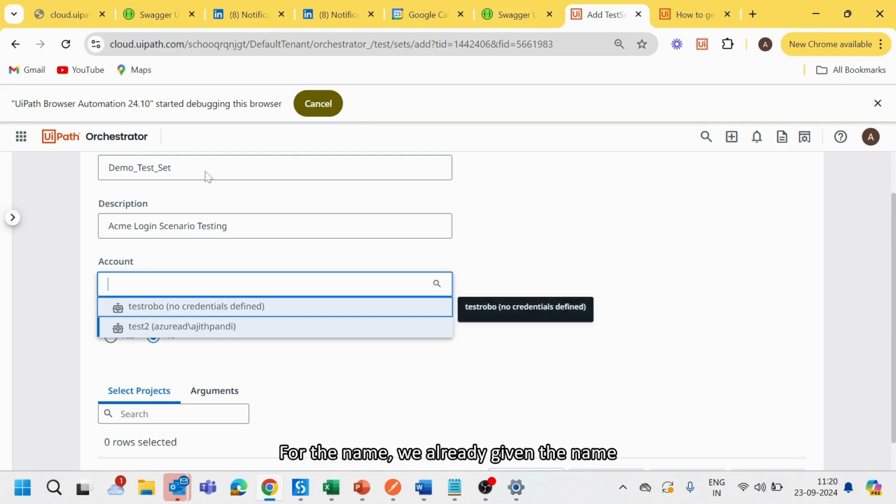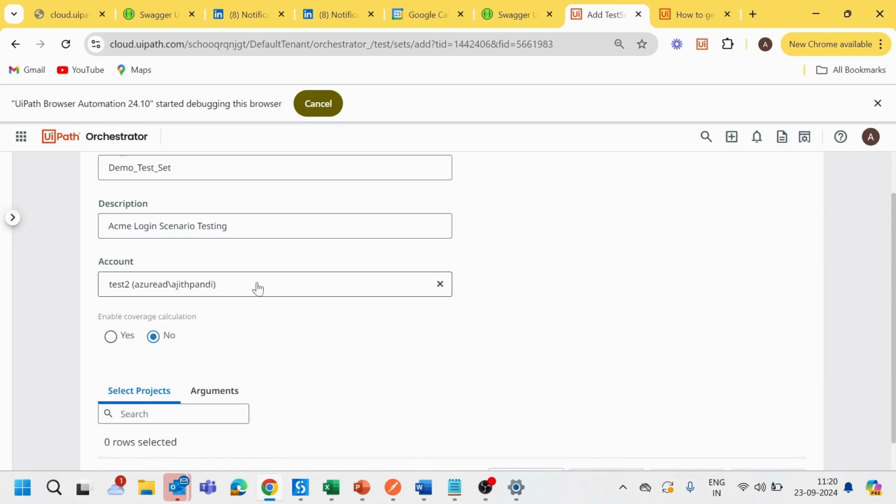For the name, we already gave the direct name for the description. Why, when we are selecting the robots, do we need to pass the IDs? The main purpose is the API behavior. Whenever we perform some kind of operation in an API, we need to follow certain standards to maintain